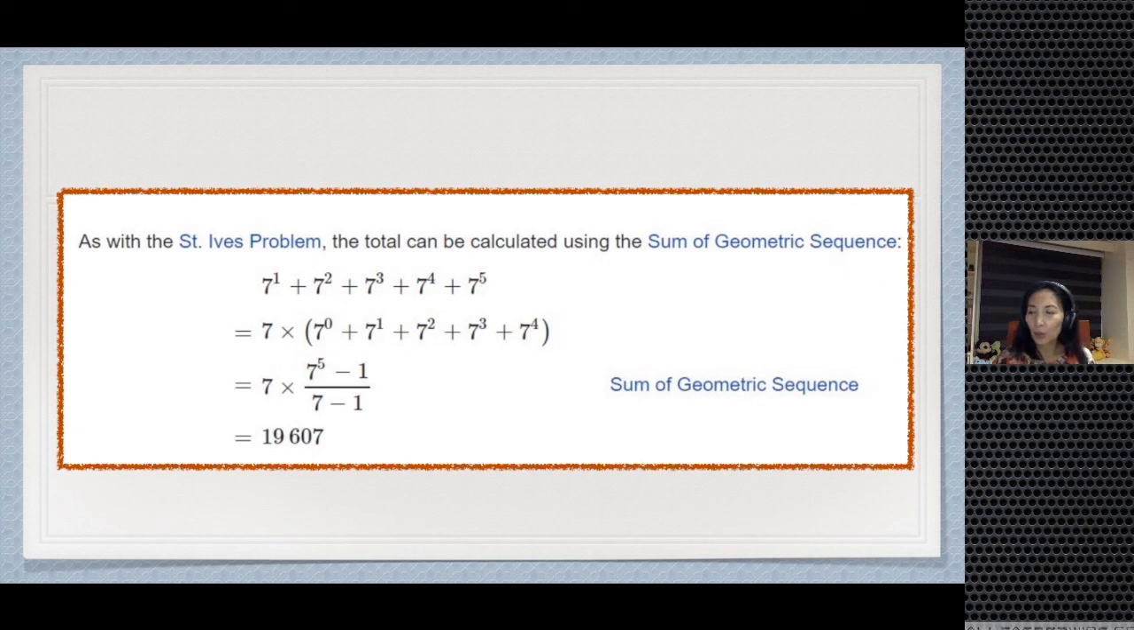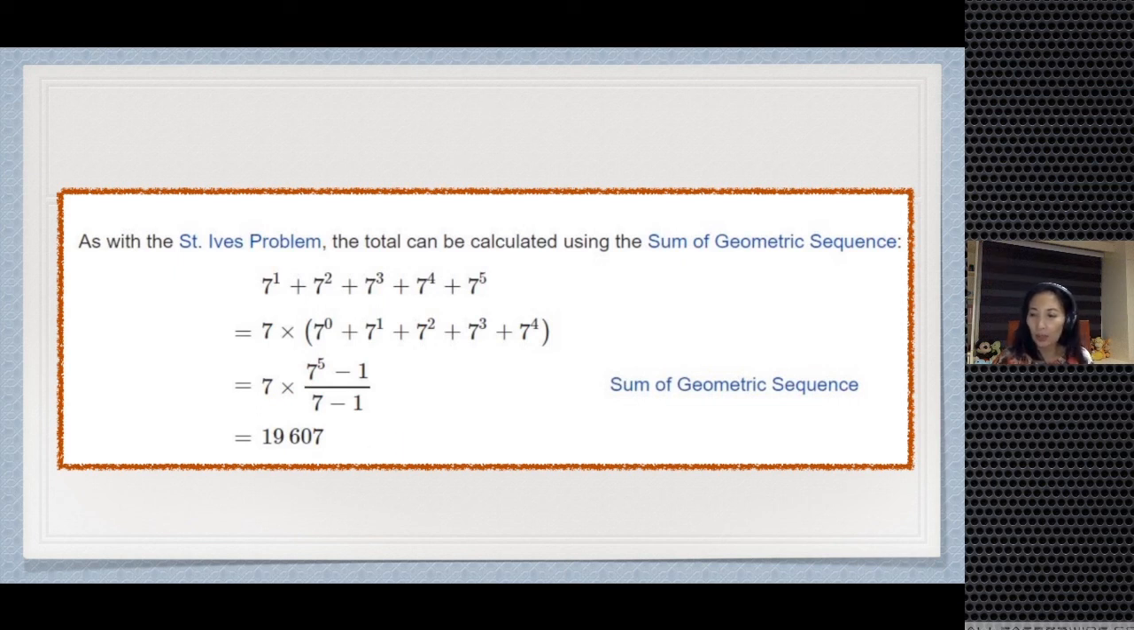So the total can be calculated in this manner. 7 raised to 1, 7 to the second power, 7 to the third, and so on. Take note that when you speak of a geometric sequence, there is a common ratio, and that common ratio is 7. So, in fact, we could express it in terms of this. To get the sum, apply your concept of geometric series. Sum of a geometric sequence. So, it's a series. So 7 times 7 to the 5th minus 1 all over r minus 1, or